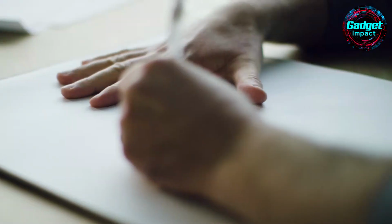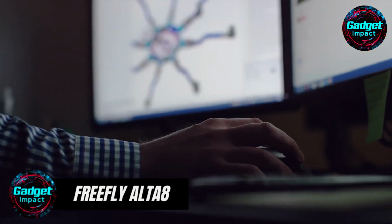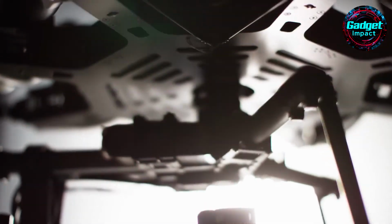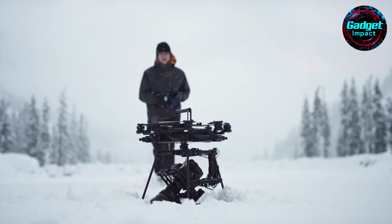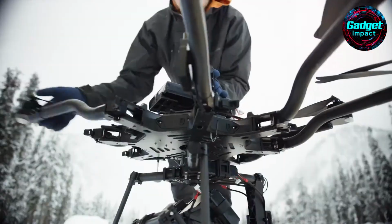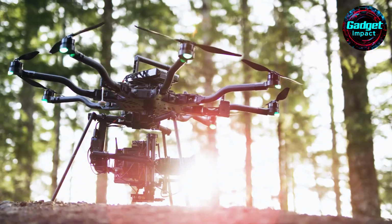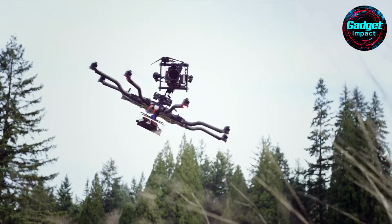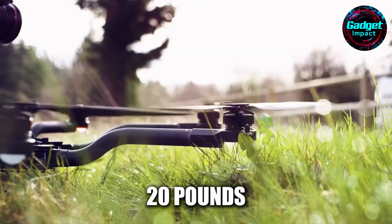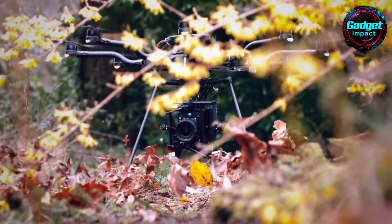Ready to take your aerial cinematography to the next level? Meet the FREEFLY Alta 8, the professional octorotor drone that combines stability, power, and versatility. The FREEFLY Alta 8 is an advanced octorotor drone designed for professional aerial cinematography. It is compatible with the Movi gimbal, allowing filmmakers to capture stunning aerial shots with lightweight cinema cameras. With the capability to support payloads up to 20 pounds, the Alta 8 offers versatility and reliability for various filming